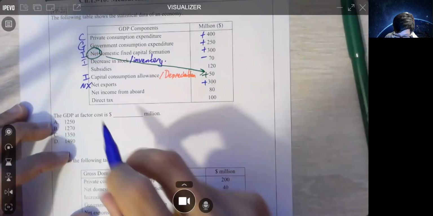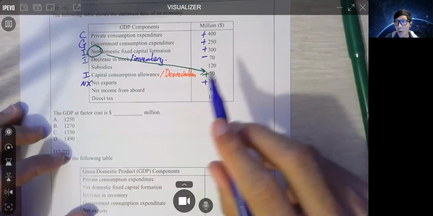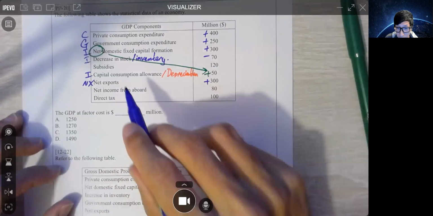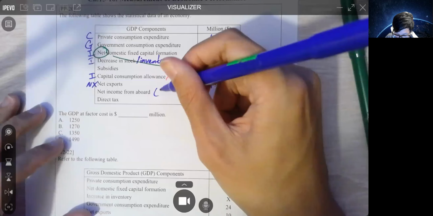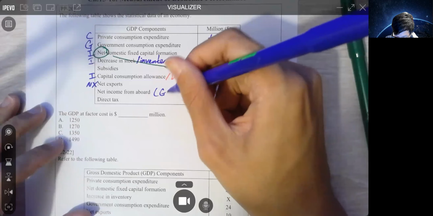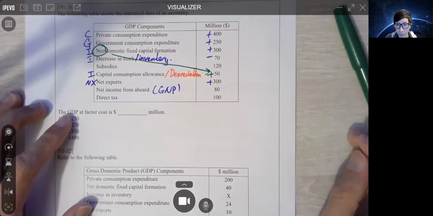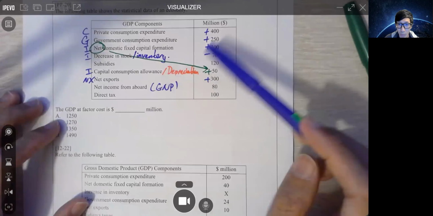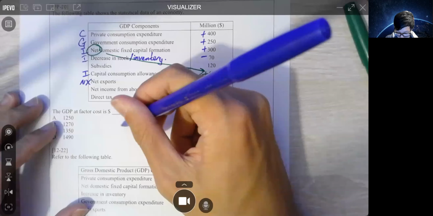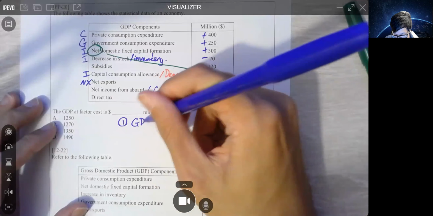Plus net income from abroad. How do we use this? We use this for our GNP. Are they asking you about GNP this time? No. Okay, so first of all, let's calculate GDP at market price equals to